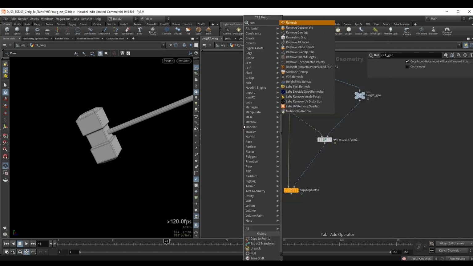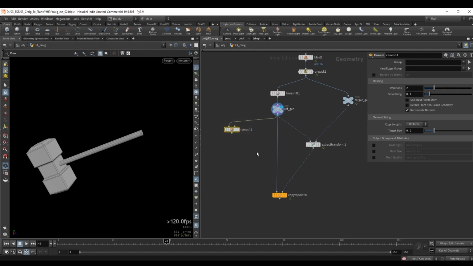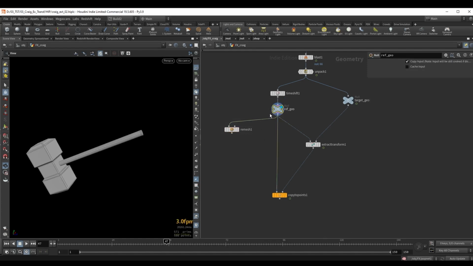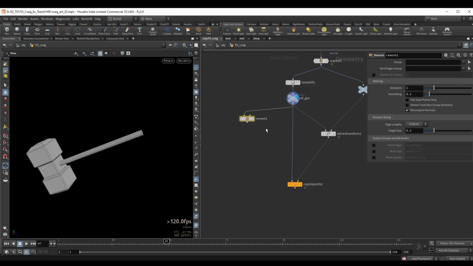So over to the side I will place a remesh node, and it's important that you do this in a separate chain so that we don't change the topology of the reference geometry. The topology of the reference geometry and the target geometry must be the same. So over here to the side, let's do this remesh and let's decrease the target size to maybe 0.03, so